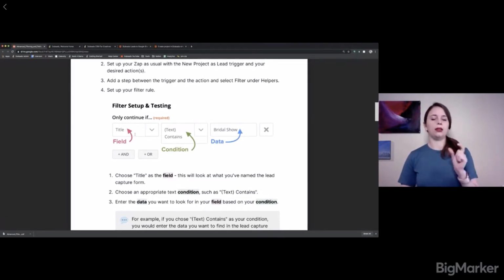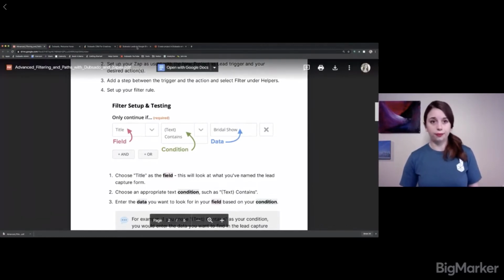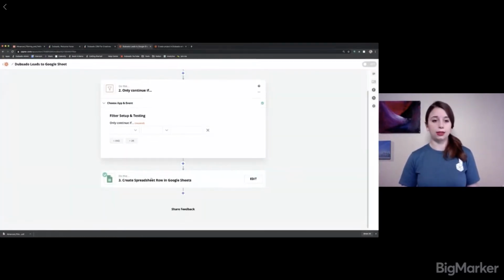We're saying, hey, look at the data in this spot. The second box is the condition. So when setting up a rule, we need to tell it exactly how we want it to look at that data and filter out. So we'll take a look at that. And then in the last box, you're putting in the data that you are looking for. So to tie this together, we want to only continue if